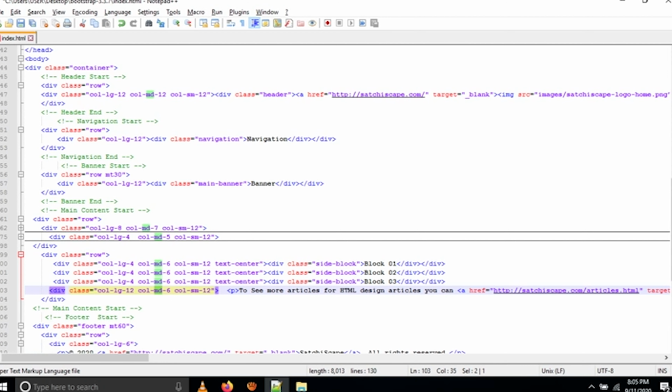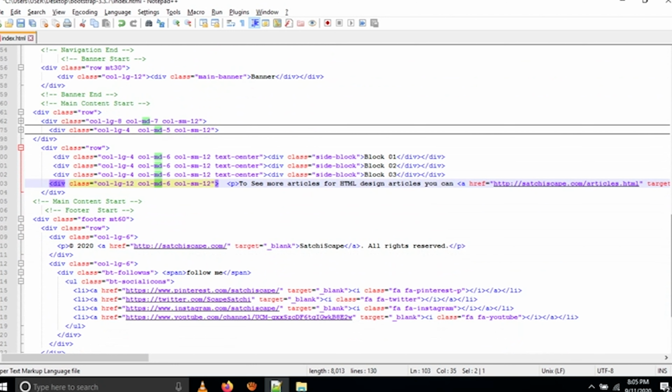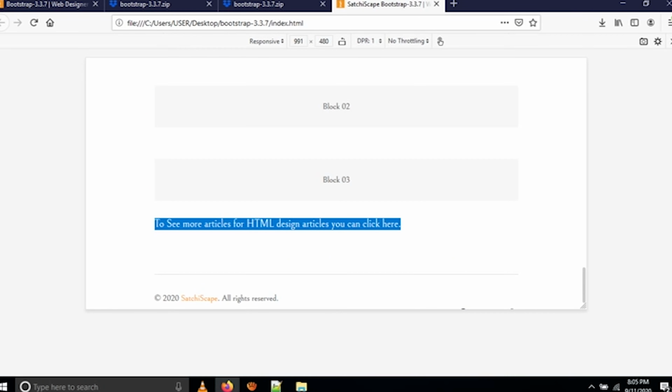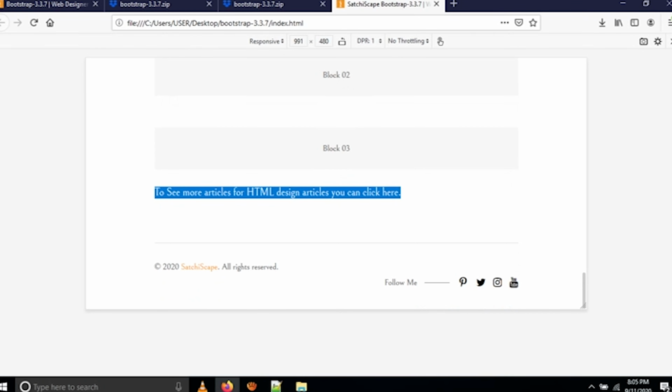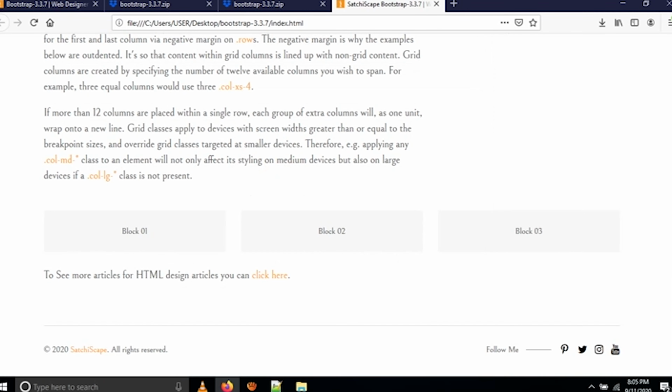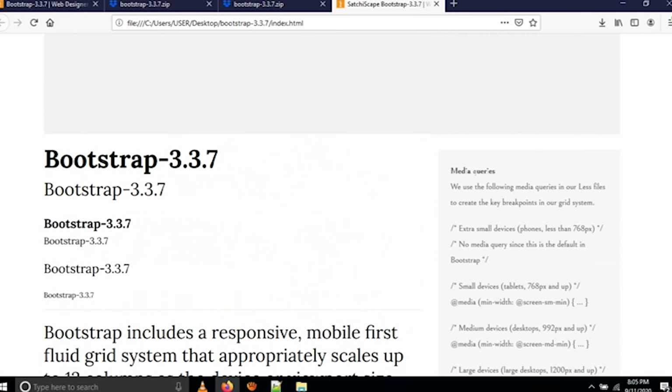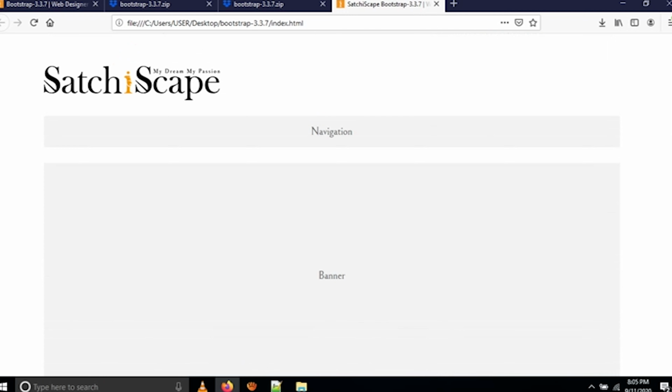In the footer also we are writing the same thing, col LG 6, col LG 6. I showed you before, right? col LG 6, col LG 6. So how and where the writing is done is mainly Bootstrap. You have to understand Bootstrap, how they define it in the HTML code, how they write it.